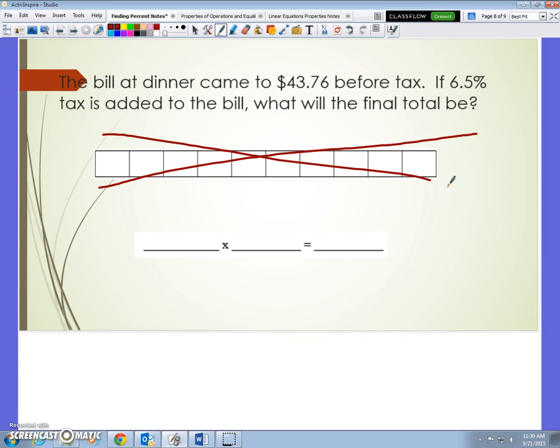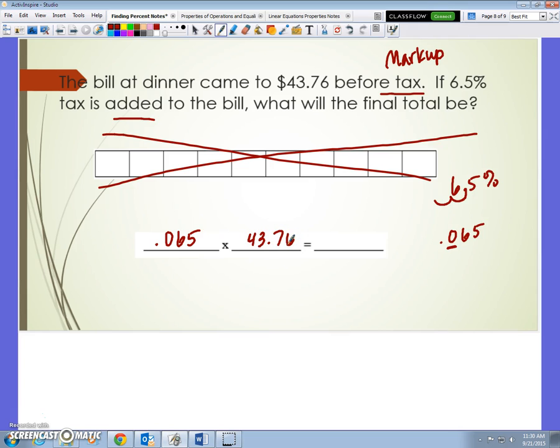Okay, tax tells me that we're going to have a markup. So it's going to cost us even more with tax. If 6.5% tax is added to the bill, there's another keyword, added to the bill, what will the final total be? So I'm going to take my percent, 6.5%, and this is really important. I'm going to move it twice. That 0 in front of the 6 is very important. This guy, he matters. So I need to have him on there, 0.065 times my total,